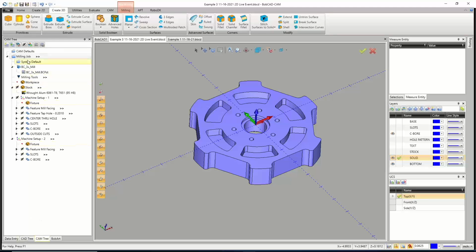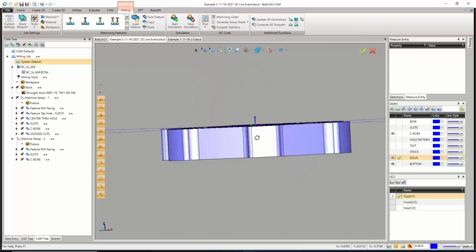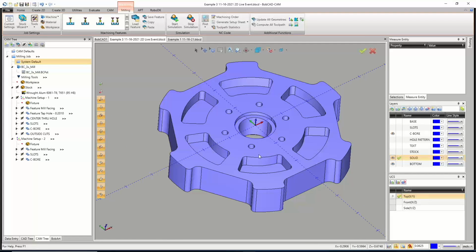Now, like I said, even though it's on a hidden layer, it does still affect the part. So you can see there is the fully drawn part. Now, why would you ever go about doing this, especially after you've programmed the entire part? You wouldn't. You would do this before you started programming, and it would make programming easier because now